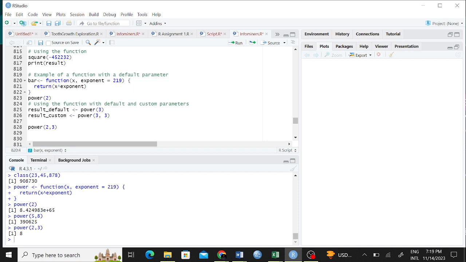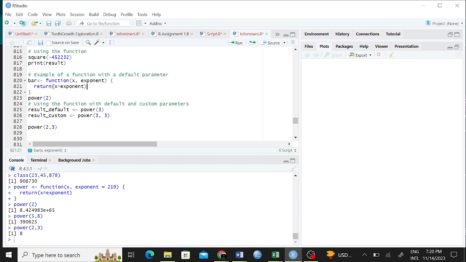This is a function called bar, and it has two components: component 1, which is x, and component 2, which is exponent. We can say function x exponent, and then return x raised to power of this exponent.